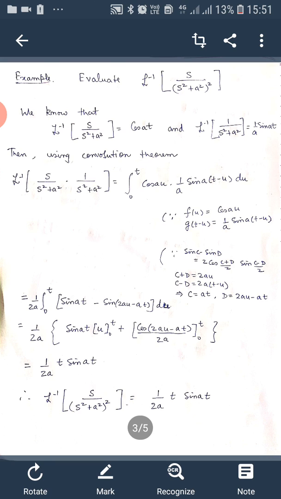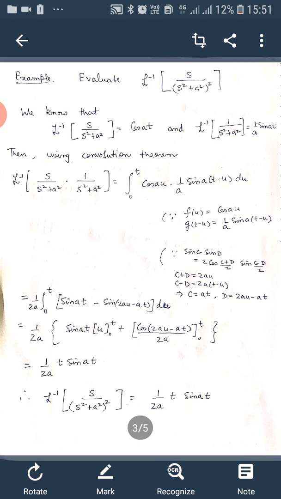So if we just substitute the values of c and d in this expression, we will have the equation 1 over 2a, integration from 0 to t, sin at minus sin(2au minus at). Again, we are integrating this expression with respect to u. So now if we integrate it here, the integration will take this form: 1 over 2a sin at,